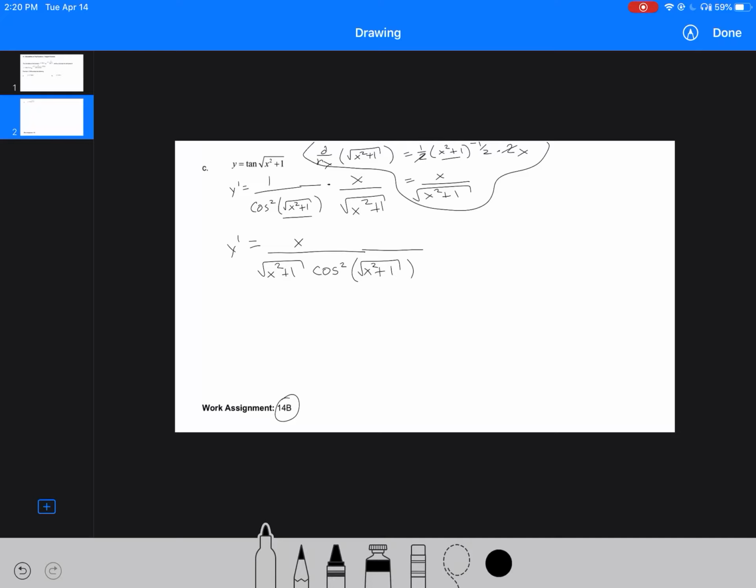Take a look at the exercises in 14b and 14a, focusing on the ones